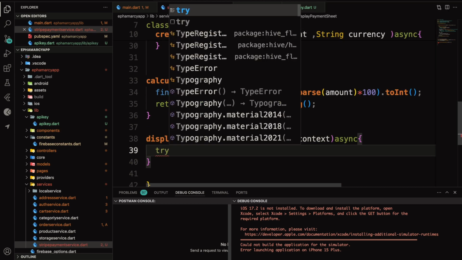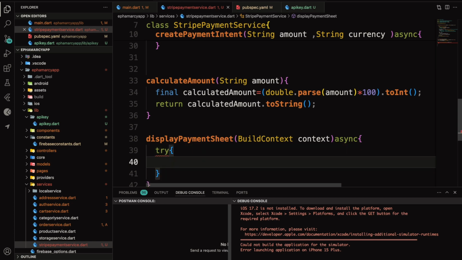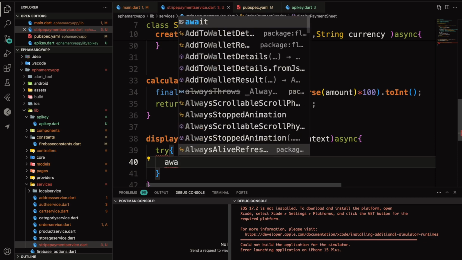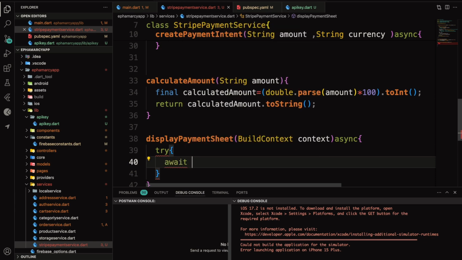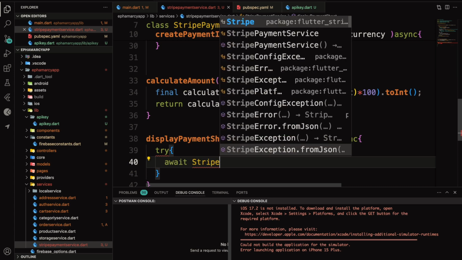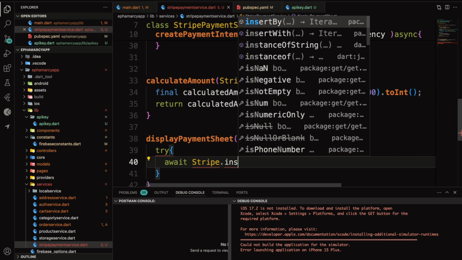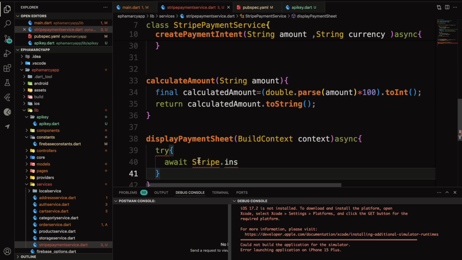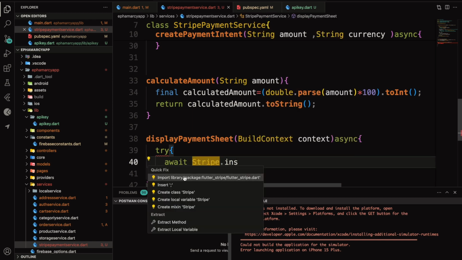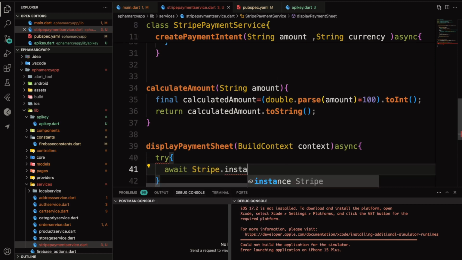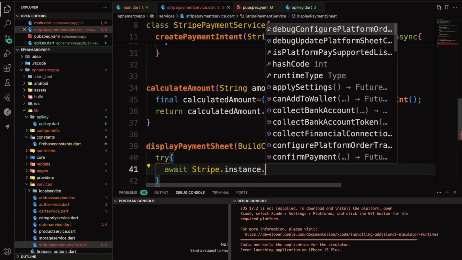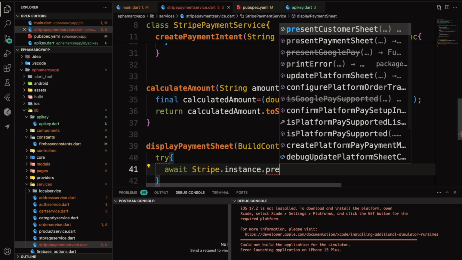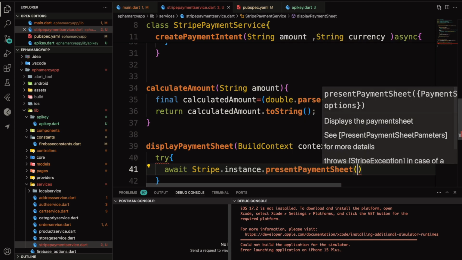Let's just pass in a try-catch block, right? So what we are just going to do is we are going to just say await Stripe dot instance. So let's just import Stripe dot instance dot we are going to present a payment sheet,